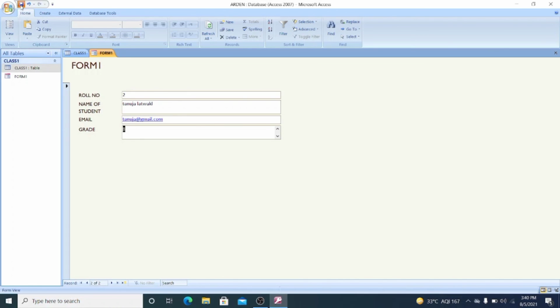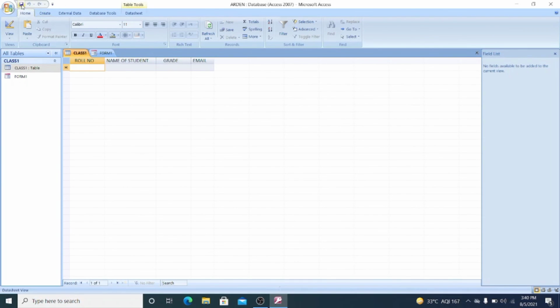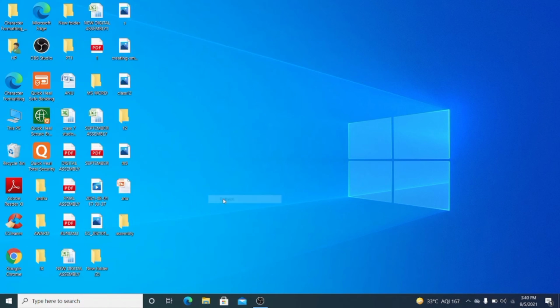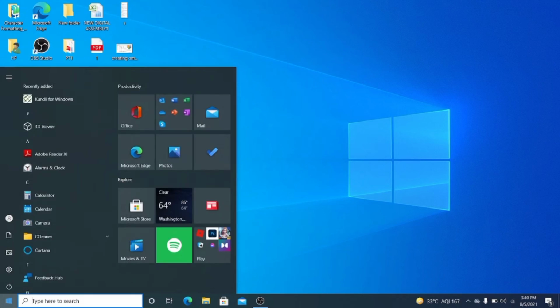Once I save this, you will be able to see that whatever we have filled in our form will reflect in our table too. Here you have seen, I have to refresh this, or if it is not reflected in your table, then again, it is saved with the name Arden. I'm just closing my file and I'm again reopening it in MS Access.